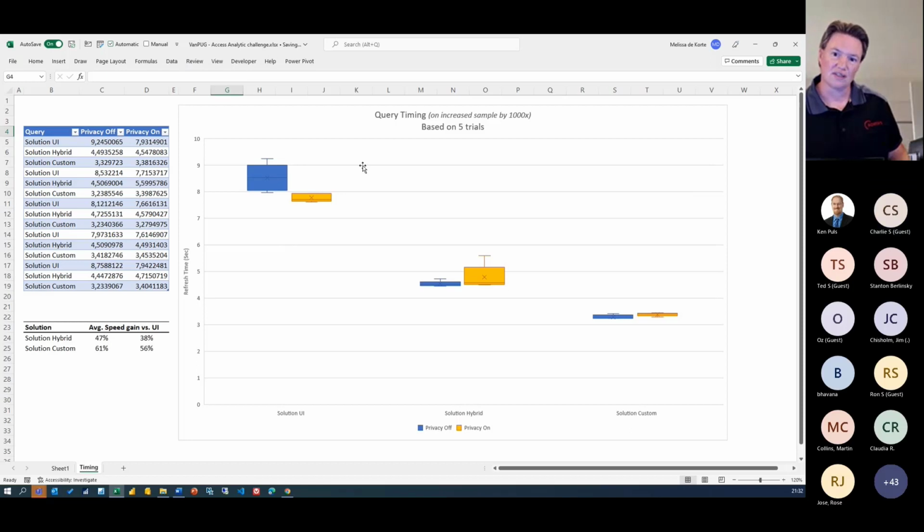The first thing we see here is the solution that was created by the UI. It's pretty decent, I think. The second one is almost twice as fast. That was the hybrid solution. And you can still cut off about 15% or so with the final one, the custom solution that we did in the end.